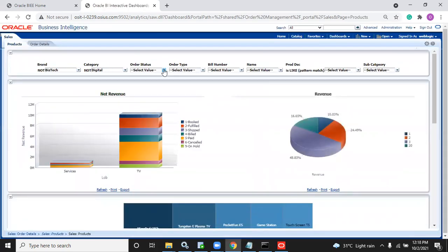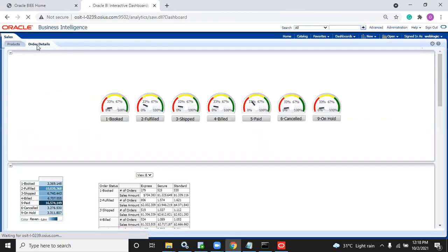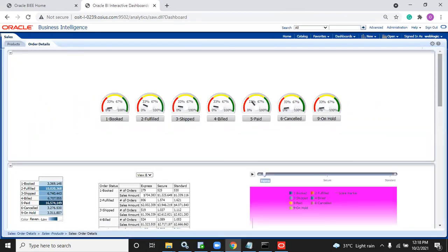Now select order status as shipped. I selected. Now come to order details. It is not getting applied. Clear? This is called the scope of the dashboard prompt. Generally, people will say that I did not select any filter here, but still it is showing only booked data. They may have selected some filter there and then come here. So that's the reason you have to take care of the scope. When there are separate prompts for each and every dashboard page, then you have to make the scope page level. But if there is no prompt, and whatever you selected here has to get applied to all the reports inside the dashboard, then okay, no problem. The scope can be dashboard. Clear?